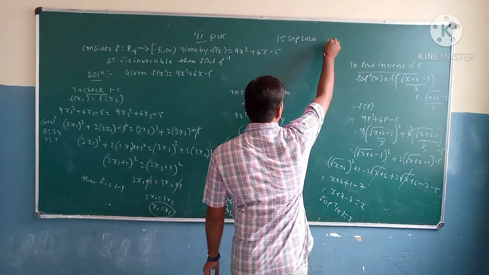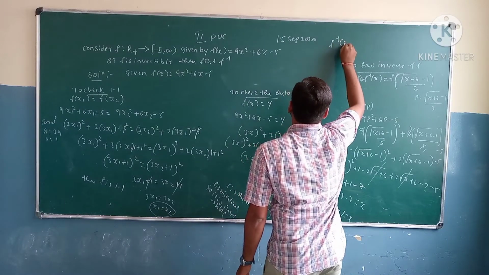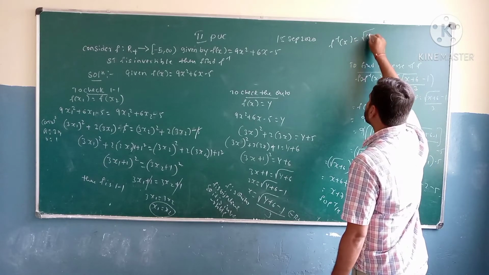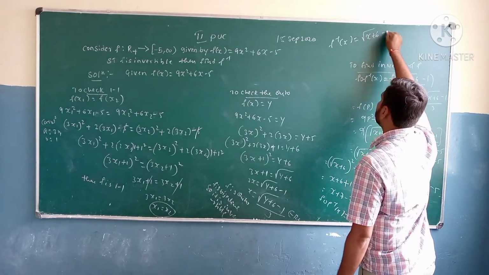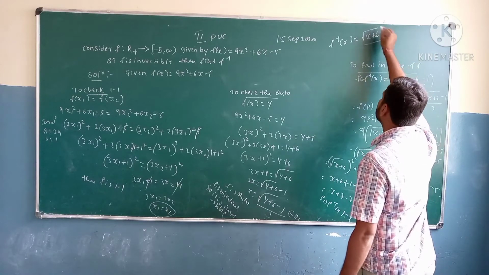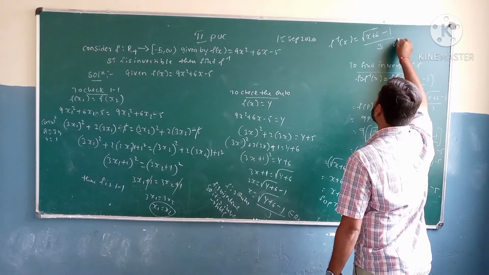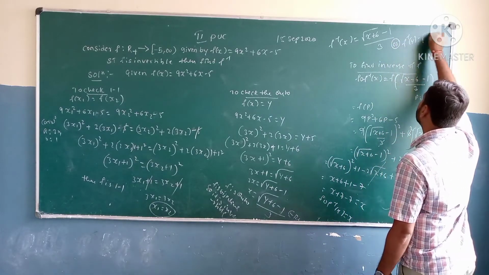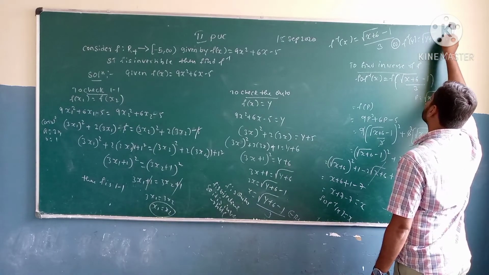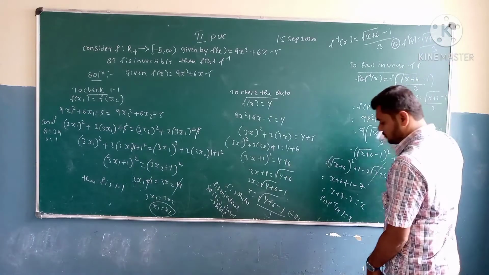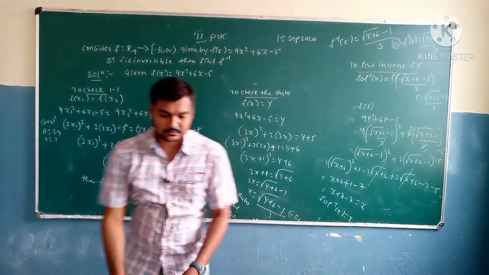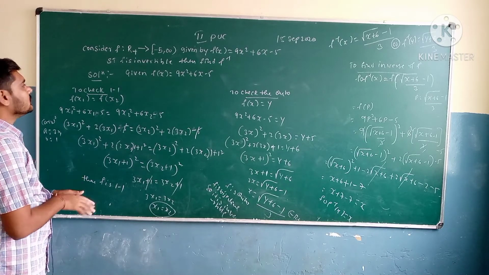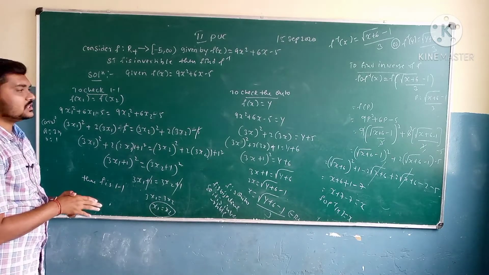Then here I am writing f inverse of x is equal to root of x plus 6 minus 1, divided by 3. Or you can write f inverse of y is equal to root of y plus 6 minus 1, divided by 3. Observe it, I will keep explaining again. There is a lot of calculation in this, so do the calculation carefully. The remaining is going to be too easy.